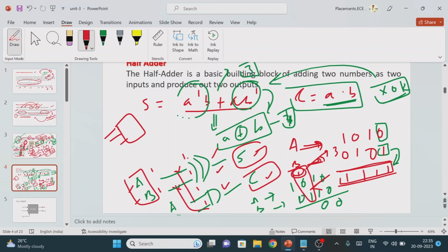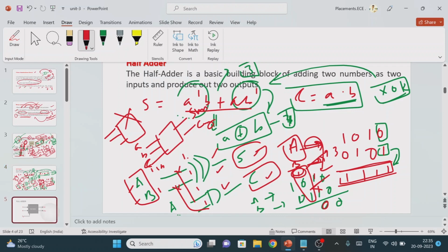So for that reason, we are going to implement the full adder operation. In a full adder, we have only 2 inputs like the half adder, but the third input is nothing but the carry which is generated from the lower end. So here 1101, right? Here the carry is generated from the lower end. This is the one more inclusion which is not available in the half adder, but the outputs will be the same. You will be getting the sum as well as the carry only.